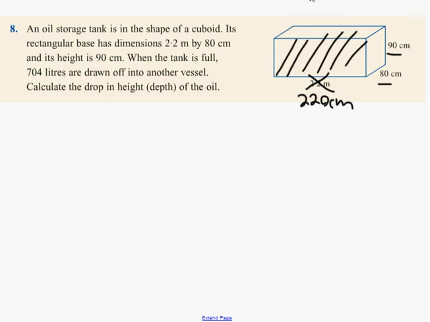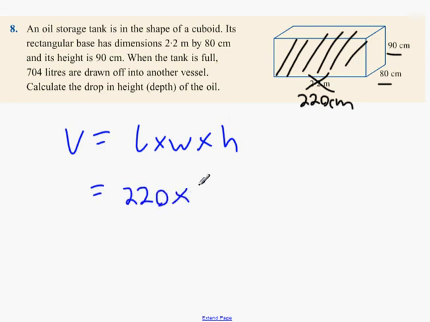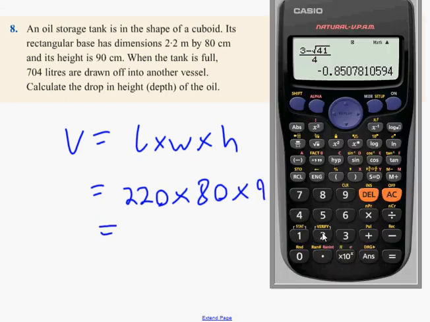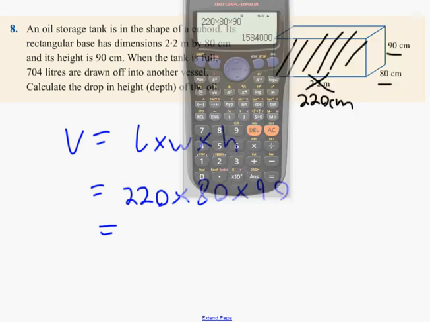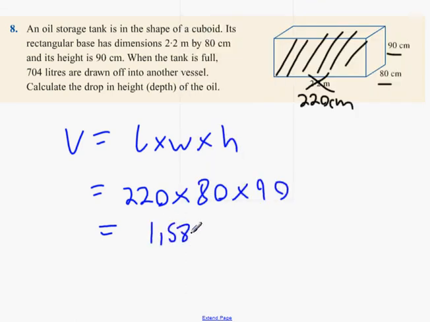So what did Charlie say volume equals? What did you say, Charlie? Volume is length by width by height. Which is 220 multiplied by 80 by 90. Okay, and those are some pretty big numbers. So somebody on the calculator with that. 1,184,000. That's pretty big. So 1,584,000